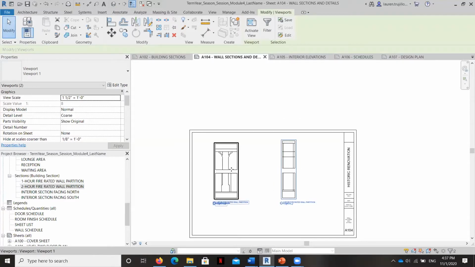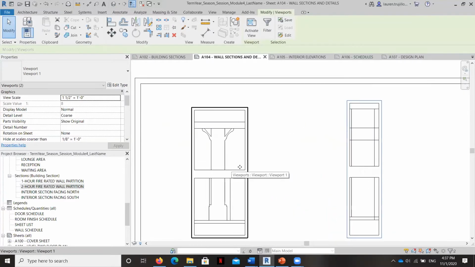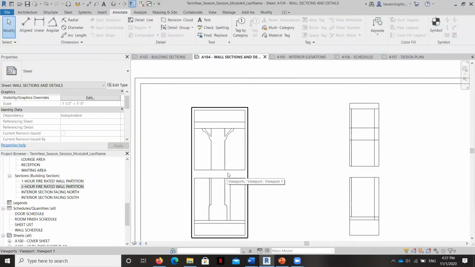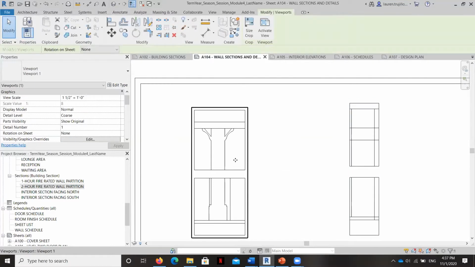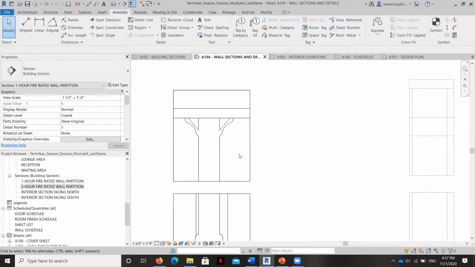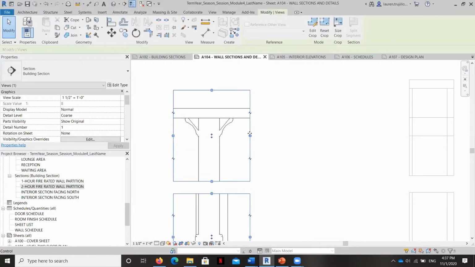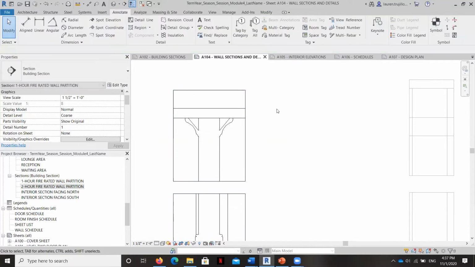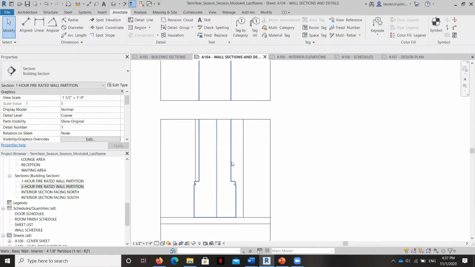Okay, so I'm going to begin by working on this detail first. And so I'm going to focus initially on just kind of evening out the crop window so that it's the same on both sides. Then I'm going to hide some things.